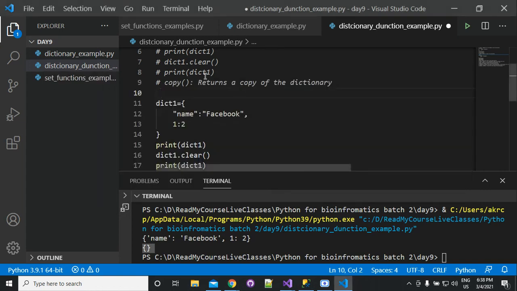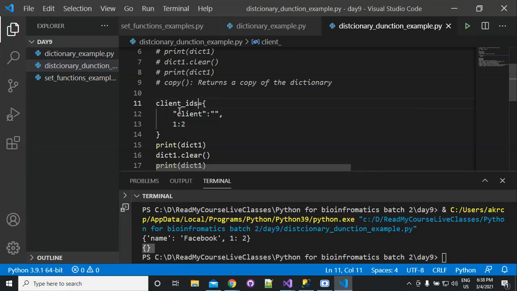Suppose you have critical information that should not be changed, like client IDs.